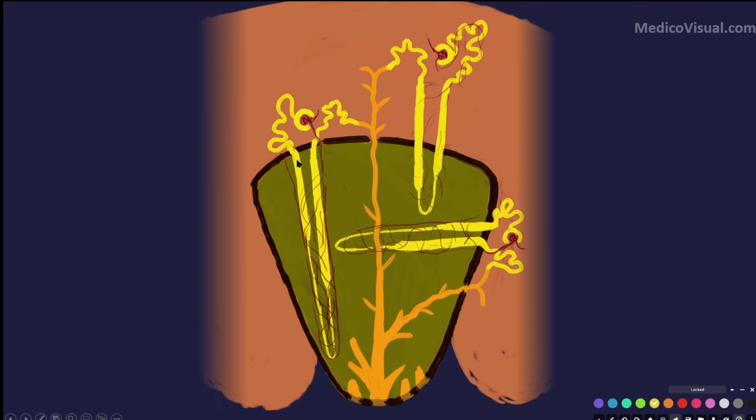So here you can see the loop of Henle, it is inside the nephron, but in some nephrons the loop of Henle is short, and in some it is longer. Let's not go into details of that, but I just wanted to give you a sneak peek of the histology of the pyramid, and we will discuss the histology in detail in a separate lecture.